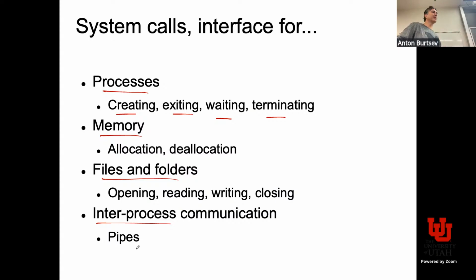Simplicity, mostly because they wanted to have something small that could be read in one semester. But remember, xv6 is actually loosely based on Unix version 5, version 6, right? So it was a real operating system which was used, that was the de facto operating system 50 years ago. That was what people were running. Today we're running Mac OS, Windows. They were running version 6, right? And they were working with it.